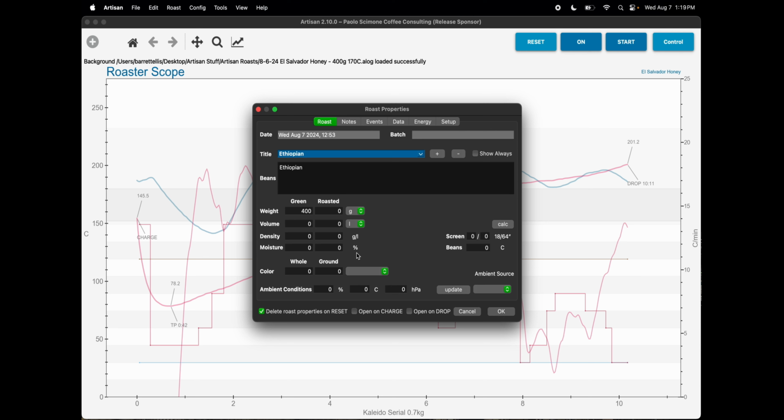Now, I don't have the exact value in front of me, but let's say the output weight is 345 grams. When we click off to the side, it will automatically calculate the weight loss of the beans for us. Not like you can't throw that in a calculator, but it will save this in the graph,